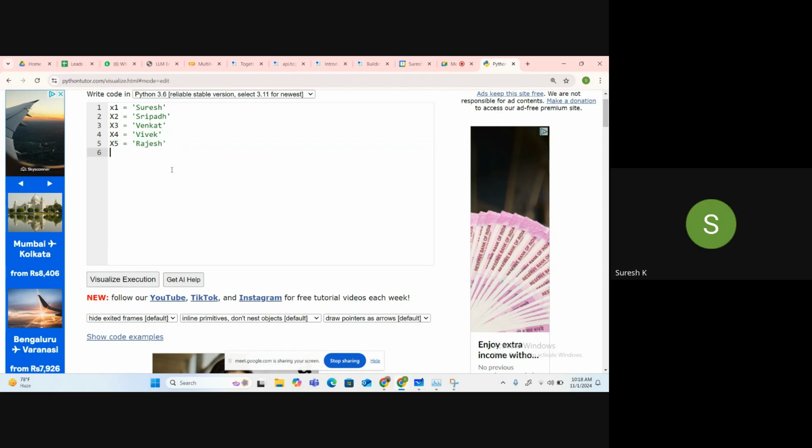Okay. Now what I am doing, I am going to create a list. A list is a collection of similar or dissimilar items. I'm going to create a list li, using the same X1, X2, X3, X4, X5.